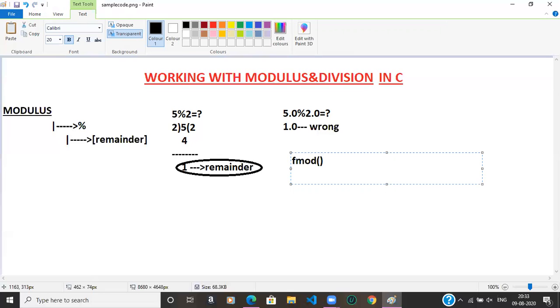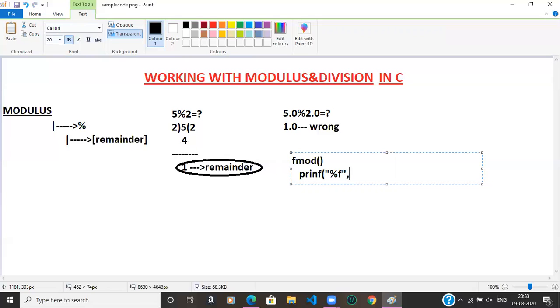How will it give the result? Simple guys. printf of %f. Why %f? %f will store floating point values.